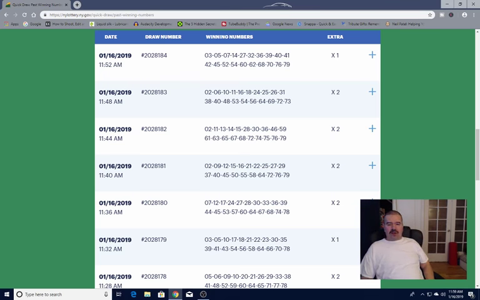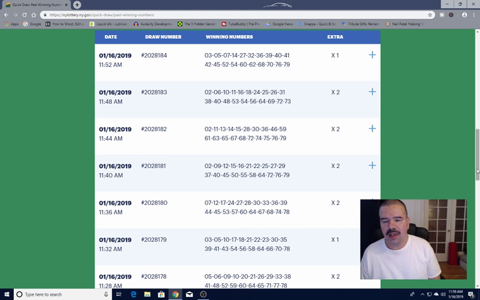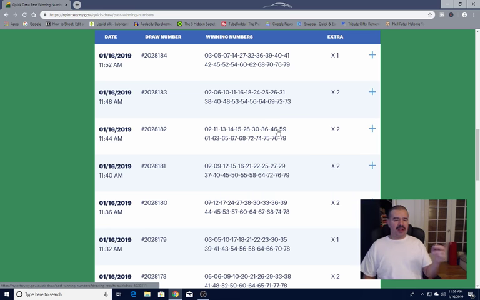So, I just wanted to do something on the fly. Here I have up on the screen the Quick Draw numbers in the state of New York currently. These are the last few drawings. And I'm not going to do it on a sheet of paper, but with my system, which I have a video on, the full 1, 2, 3 system of how I pick numbers. Since I've been doing this for a while and it is my system that I created,